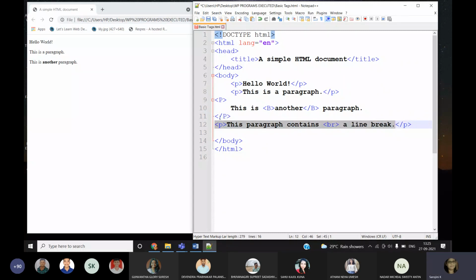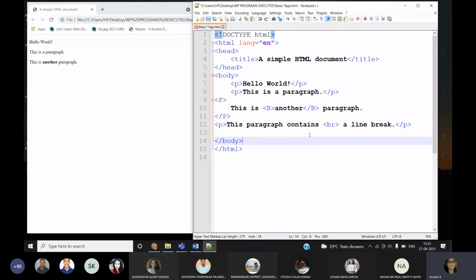This line is also again a paragraph tag, but why I included this, you have to know what is the use of the BR tag, break. First, space breaking. It will come on the other line. Very good, very good.